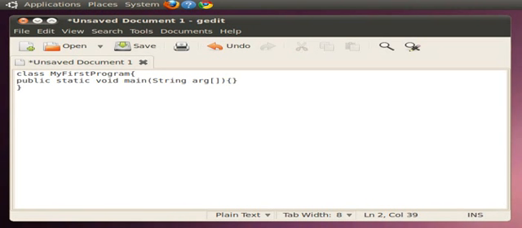Whatever will be within this will belong to the function public static void main. Now what is public, what is static, what is void, I will explain that later on. Right now what is important is this is the main function, and there can only be one main function in a program, in a class,